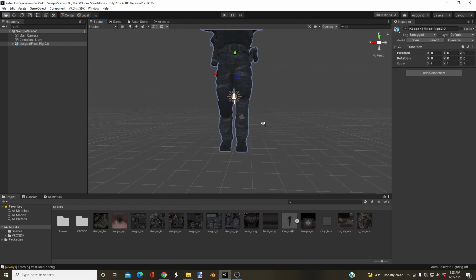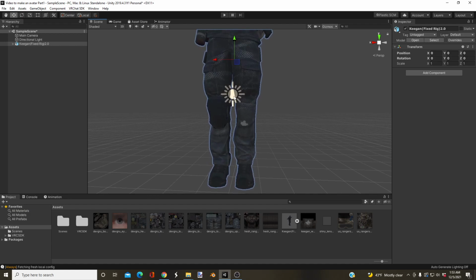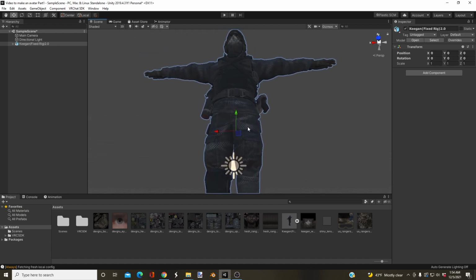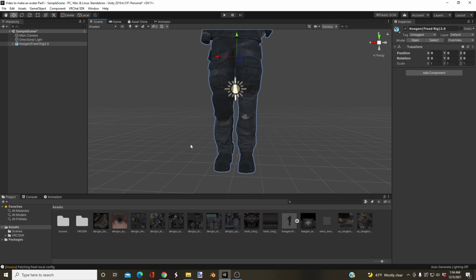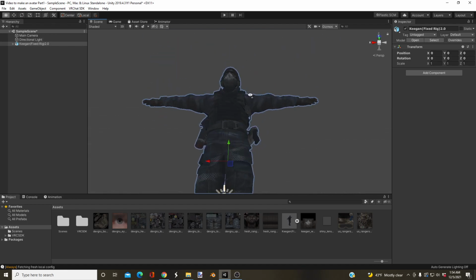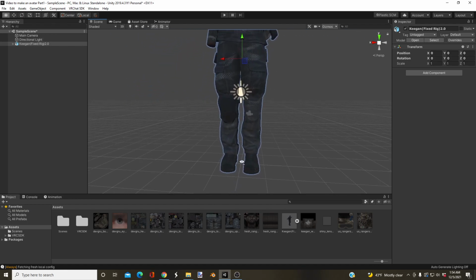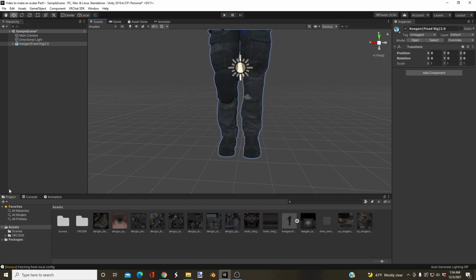Now obviously, you may have noticed that the sun is pretty much below Keegan's face. That's a bad thing, because the sun is actually really up high and Keegan is a little bit too tall. That just shows that this model is too tall. How we can fix that is